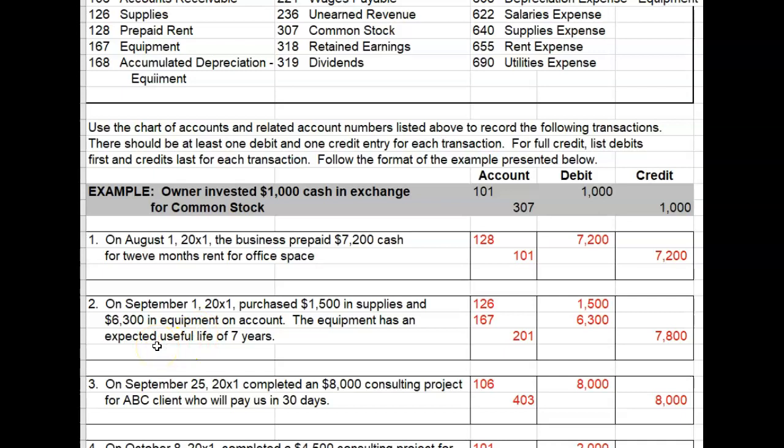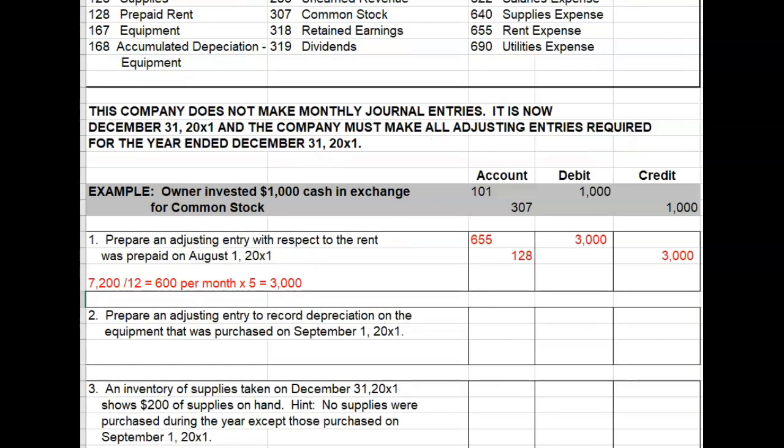Doesn't say anything about salvage value, and the expected useful life is 7 years. 7 times 12 is 84 months. So go ahead and do the calculations for straight line depreciation, get your depreciation expense per month, then